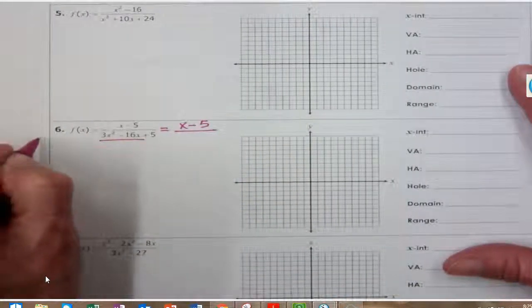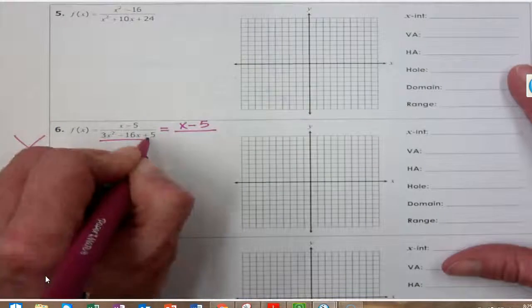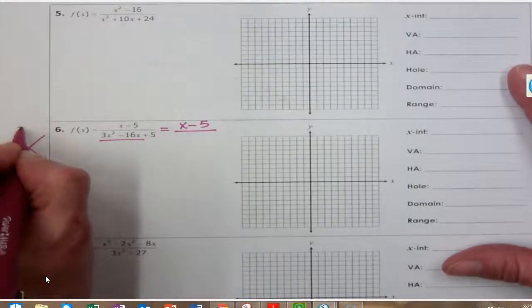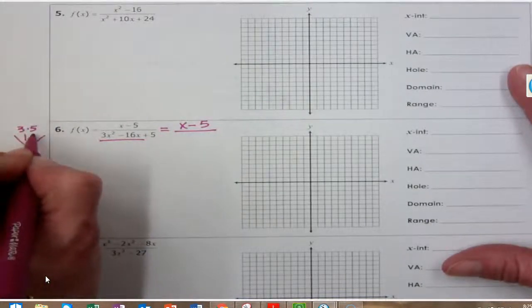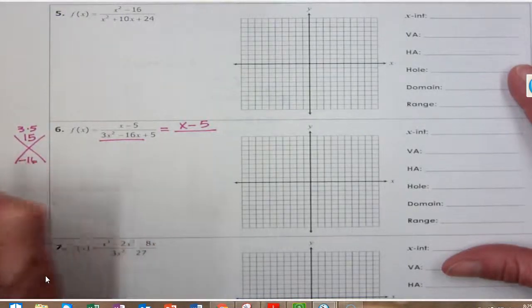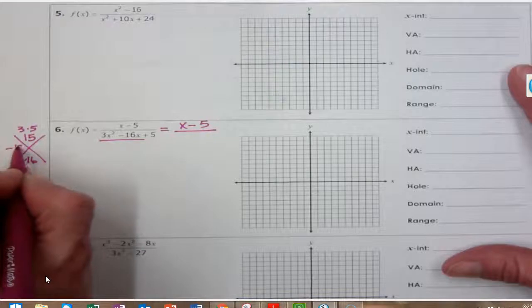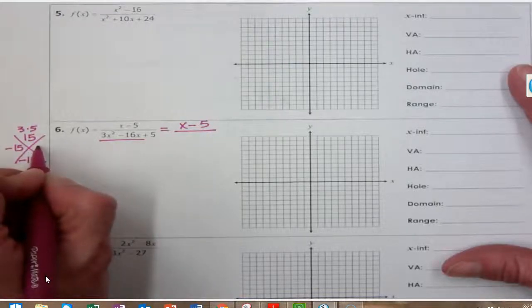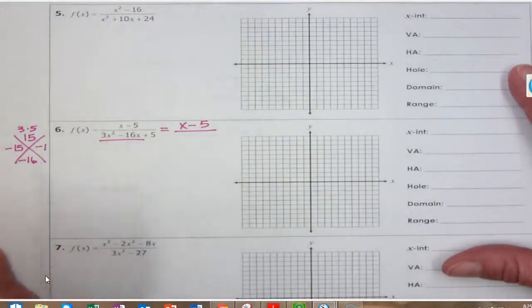Now when we factor this, we're going to find out which two numbers multiply to give me 15 and add to give me negative 16. And I'm going to say it's going to be negative 15 and negative 1. So we've got